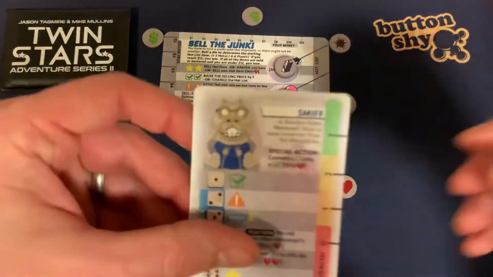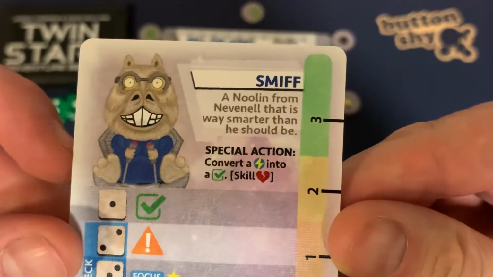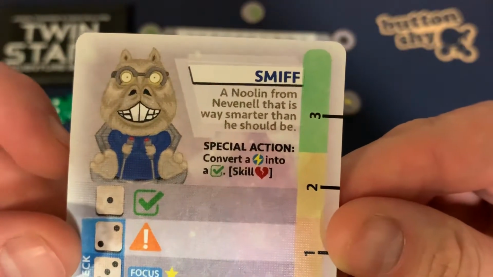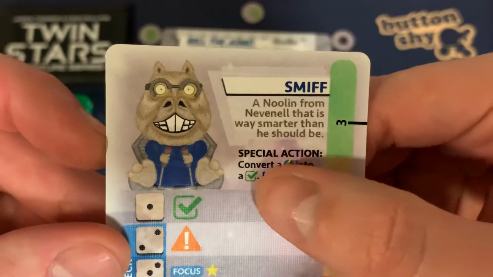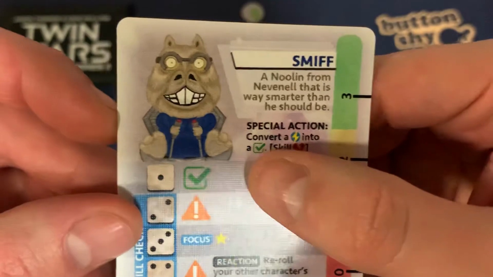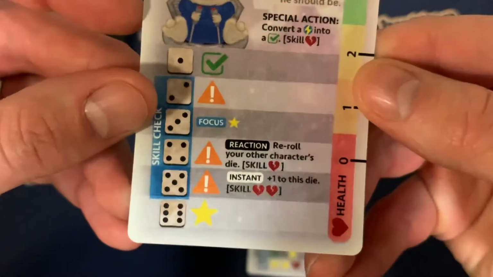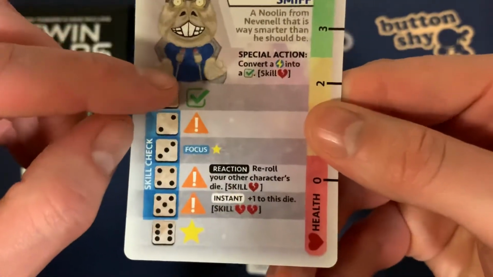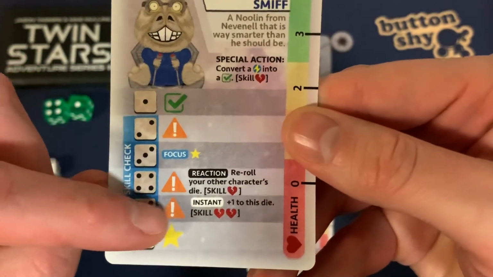So quickly we'll look at Smith here. Smith is a Newlin from Nevernell that is way smarter than he should be. He's got a special action to convert an energy into a check mark, but you do have to do a skill check. So you get the check mark, but if you fail the skill check, you lose a health. We can see Smith's got 3 health up here, only 1 check mark, 3 exclamation points down here, and an